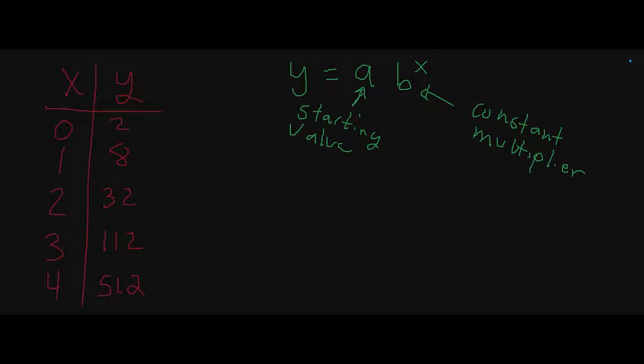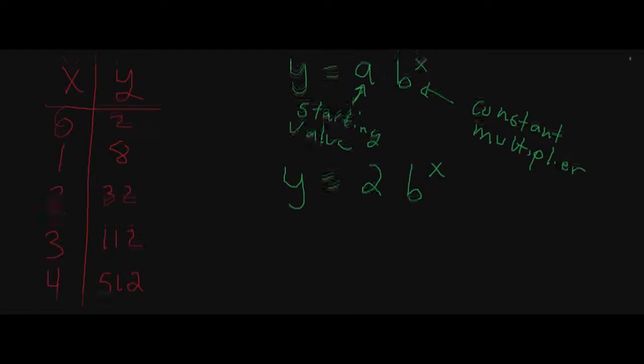So our starting value is going to start here when x is 0, right? When nothing happens, we haven't changed yet. So when x is 0, our starting value is 2. So we have this equation, y is equal to 2 times b to the x. Alright, well, one of the things that we need to do now is we just need to find our b